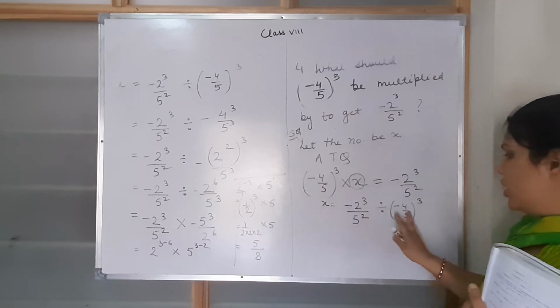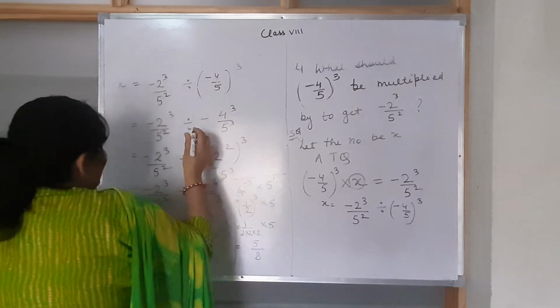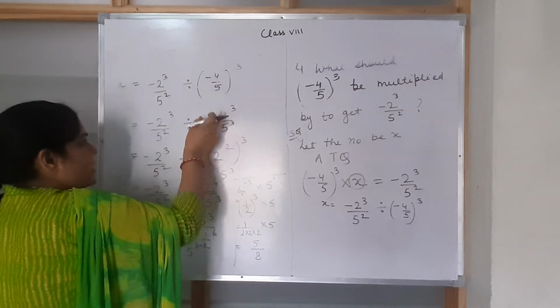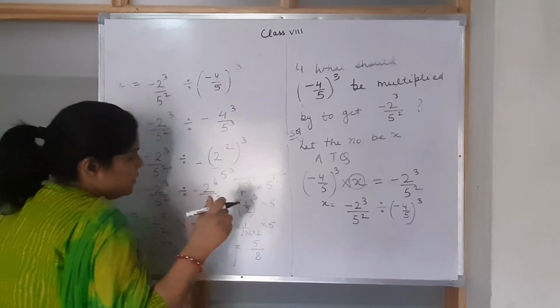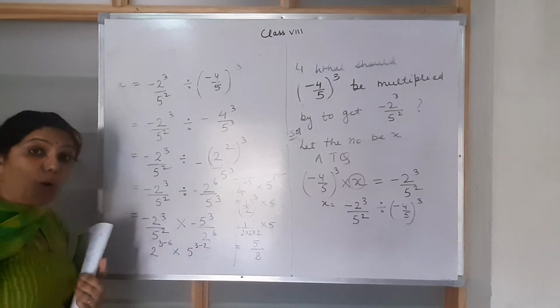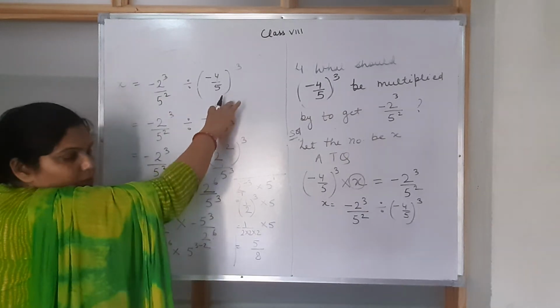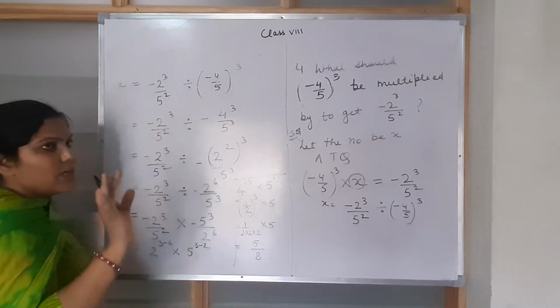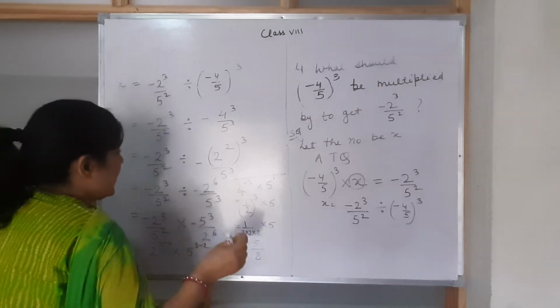This is in multiplication, so it will go in division. Now step by step we are solving. This is the question. Now, the division sign and the minus sign, why am I putting it outside the bracket? Just look here, minus 4 upon 5 raised to the power 3. The power is odd, so we will always get a negative number. So I am putting the minus sign here, but not solving it. This is the exponential form, and I am keeping it like that so that I will be able to apply the laws of exponents.